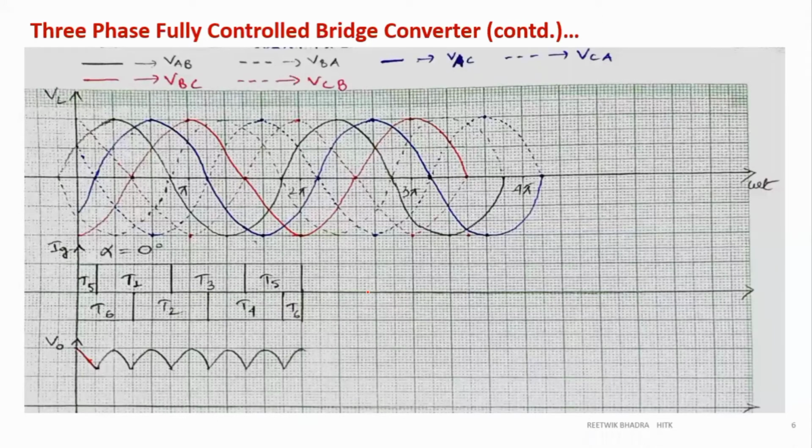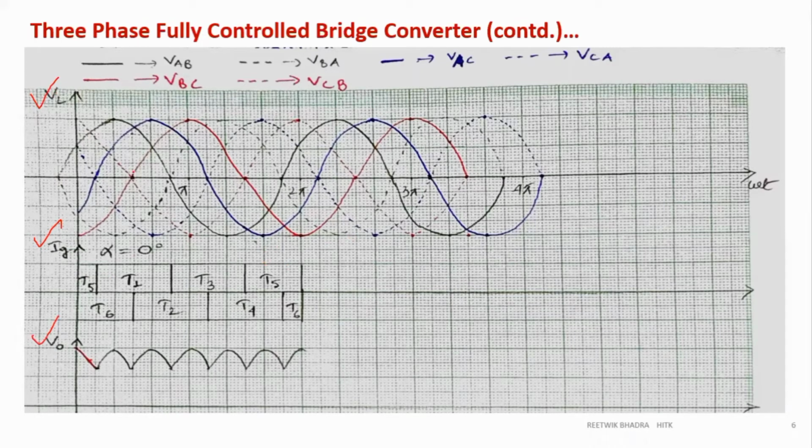See, in exam, if this question comes, you have to draw it. So very important thing is how to draw it, because I have shown simulations in the later slides. But before going into that, because in your exam you have to draw it, you have to understand how to draw it. So maybe graph paper will not be provided. Think that graph paper is not provided. Okay, learn it like this only. How will you draw it? So take any axis like this. On this, make any axis over here. For any firing angle that will be given, VL should be drawn, IG should be drawn, V0 should be drawn.